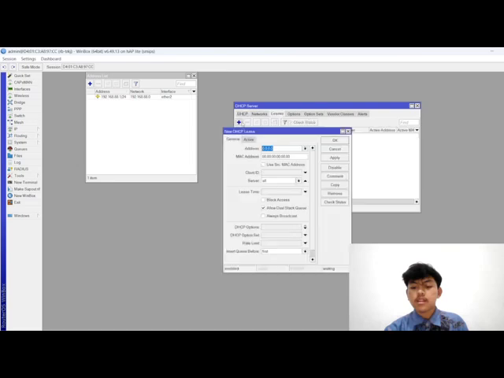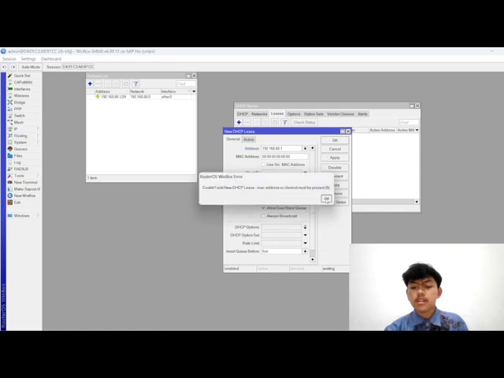You can click list, and then add your IP address, the server on DHCP1, and you must put the MAC address.